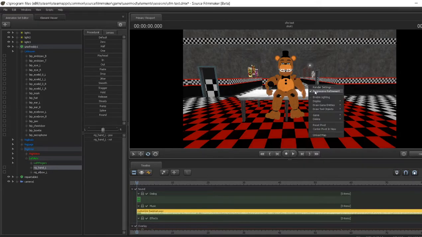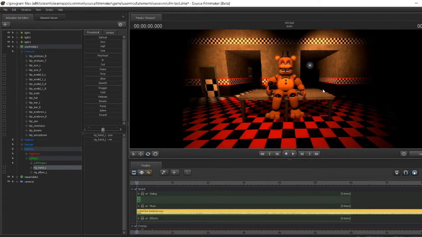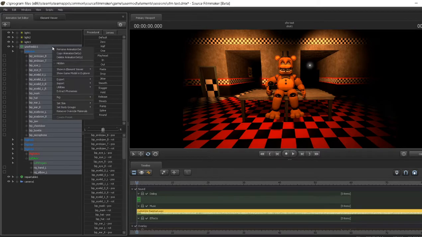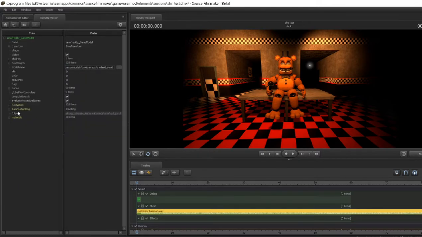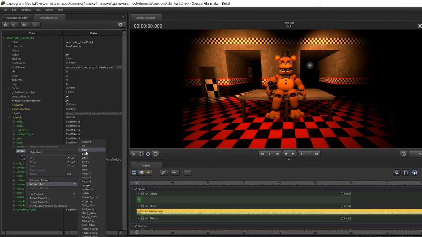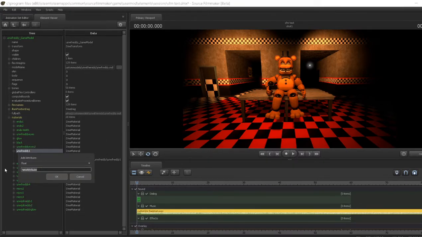Now we can enable the lighting. If you want to make your models more shiny or a different color, right click on him and add override materials and click on show in element viewer as model. And now if we click here and click his body, we then go to add attribute, float, and simply type